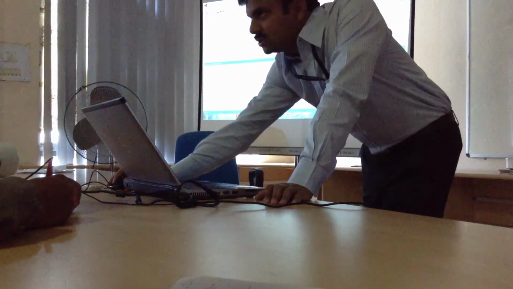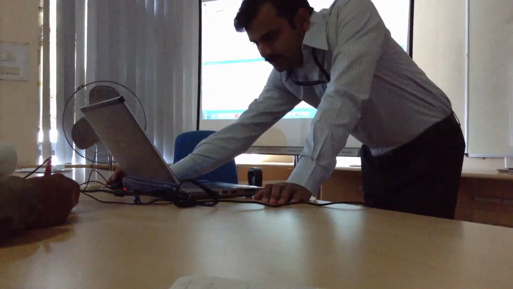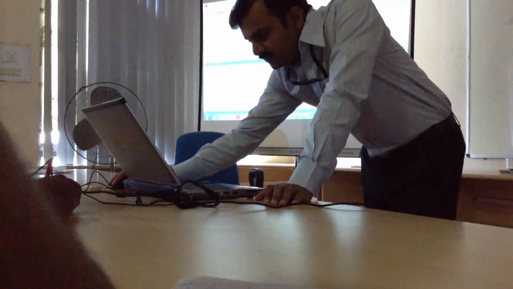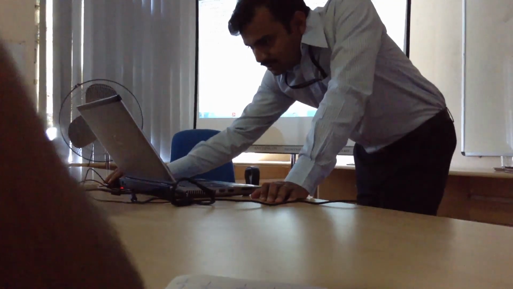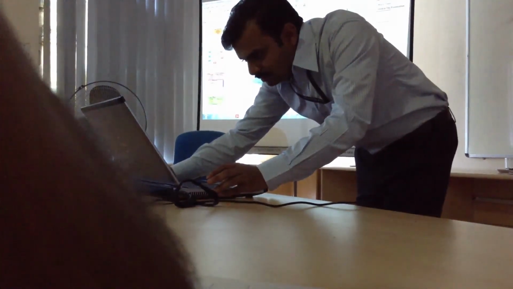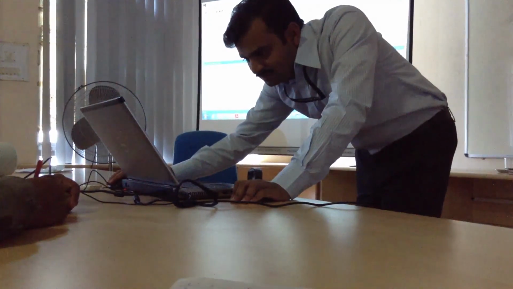What are the different options present? And if you want to know more details, then Entity Framework also provides that.